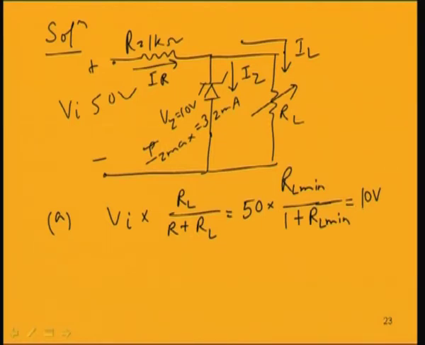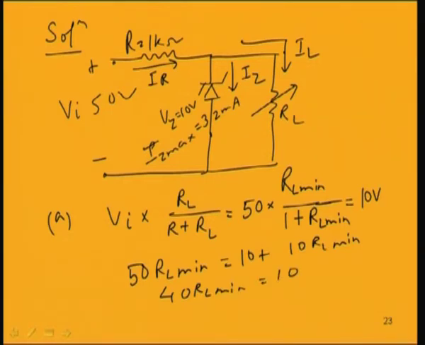Now, for this limiting condition, what will be RL minimum? That can be found out if we cross multiply: 50 into RL minimum equal to 10 plus 10 RL minimum. So, 50 minus 10 is 40, 40 RL minimum is 10. RL minimum is equal to 10 by 40, which gives 0.25 kilo ohm. 0.25 kilo ohm should be the minimum load resistance in order to cause the Zener to break down, and